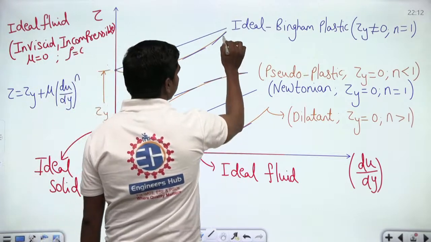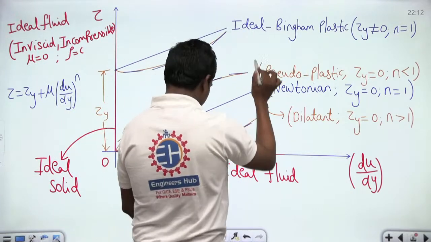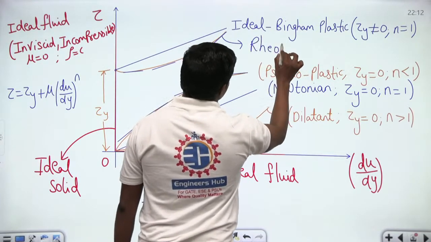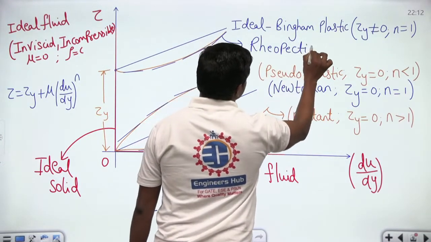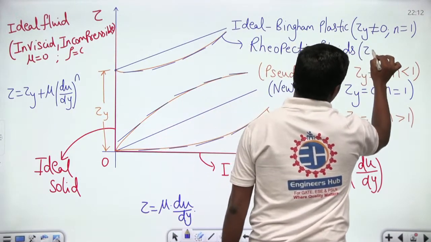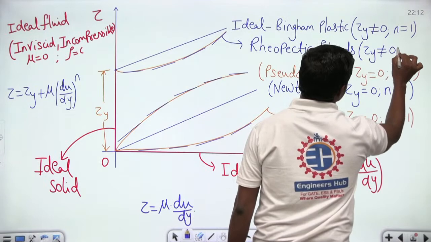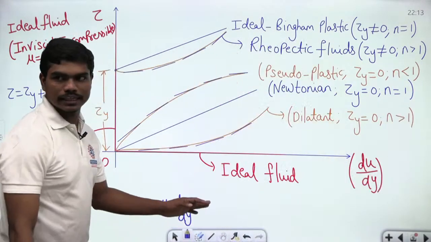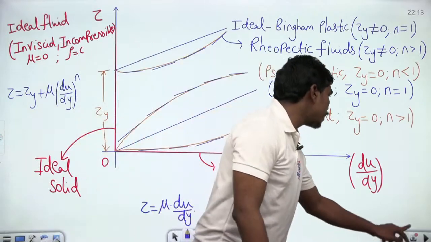And these fluids which are here are called rheopectic fluids. And these rheopectic fluids, they are of course time thickening fluids, and tau y is equal to 0 and n is greater than 1. Next, if you try to plot the thixotropic fluids which we have plotted previously here,